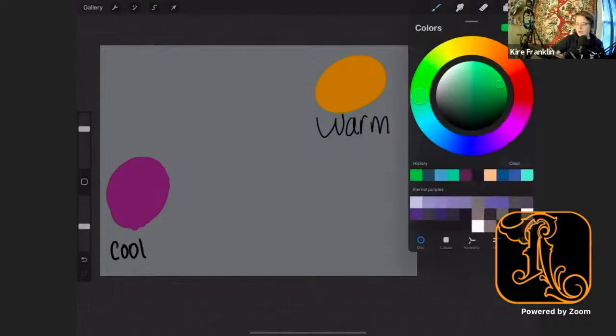So let's just say you have a palette, right? It only has these two colors in it. Obviously this orange is warm, right? Because it's leaning towards the warmer side of orange. Well, how does that make sense when orange is warm already? Well, once again, if we kick that wheel over a little bit till we border yellow,